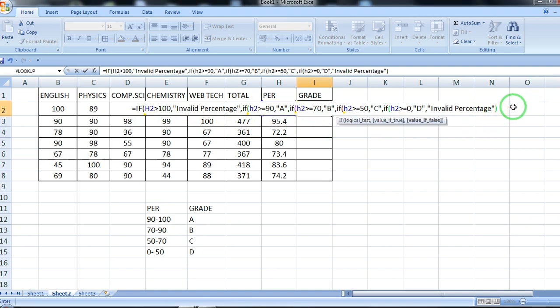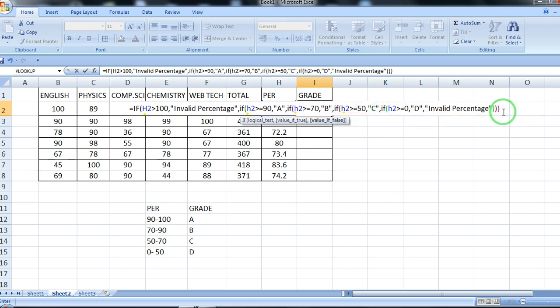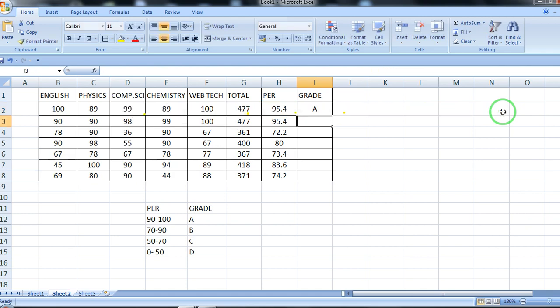This is your first bracket. The second bracket has been closed, you can see it has become bold. Then you have to close the third bracket, then the fourth bracket. You can see the color also. 1, 2, 3, 4, and then the last one, the fifth bracket, you have to close. So once this is done, now you can see.